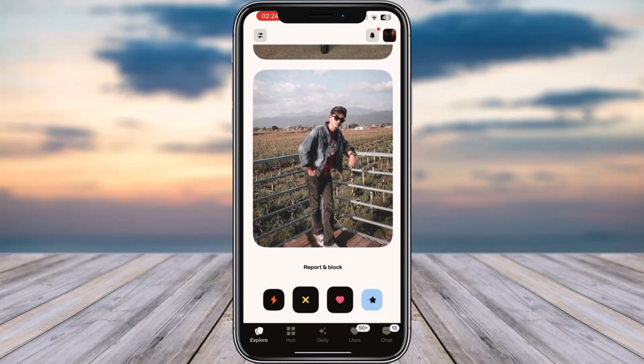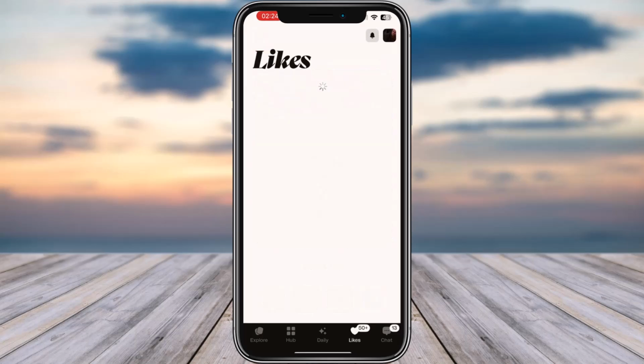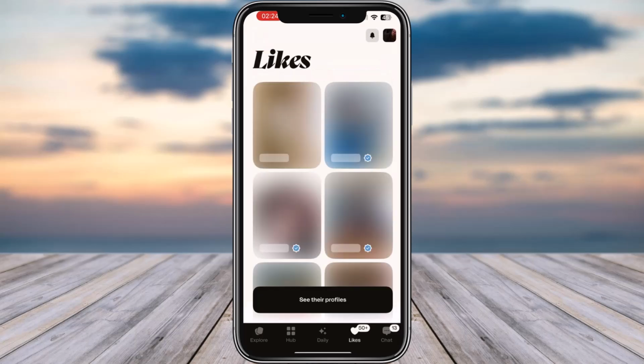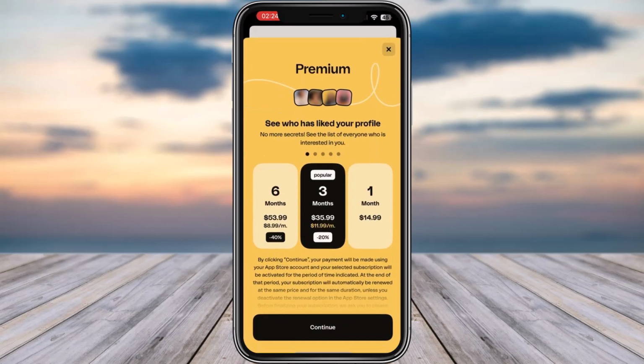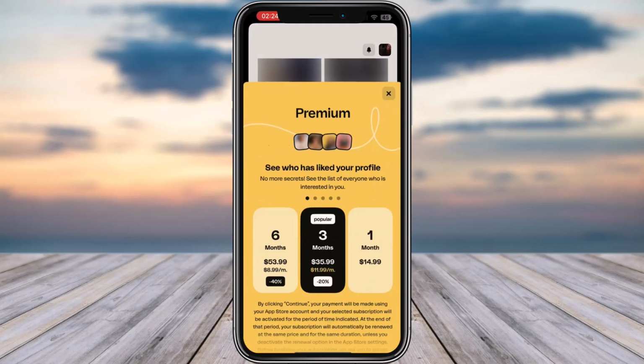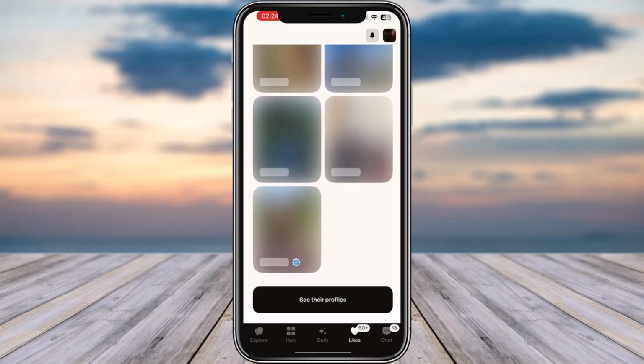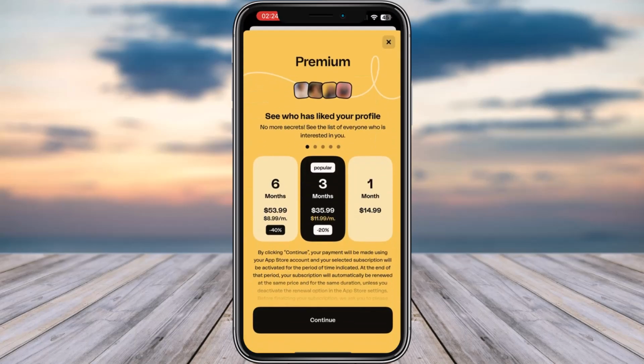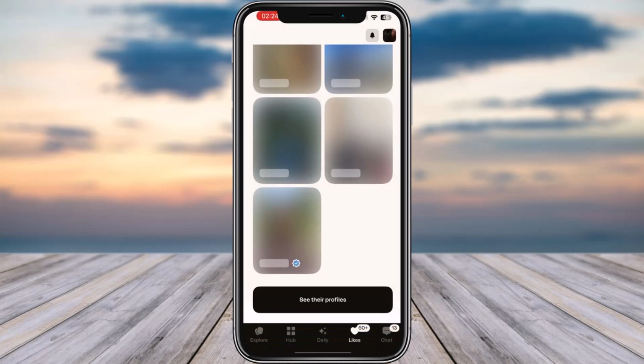And if I want to see who has liked me, I can tap on this likes option. Once I'm over here, you can see these people have simply liked me. For me to see their profile, I have to tap on see their profile, which will require me to get their premium. If I do not have the premium, I cannot check out their profile. Go ahead, check out the premium of whichever one you think you can afford and can go with. Take the premium, check out the profile, but I don't think it's that important for you to see who has